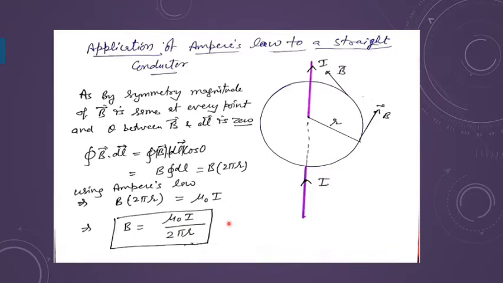The result comes out the same whether you get it by the Biot-Savart law or by using Ampere's law. Both ways the results are the same, but Ampere's law is easier to use. It is basically designed to find the magnetic field for the solenoid and for the toroid. And of course, we have verified it for the straight conductor. We are getting the same result as we were getting using the Biot-Savart law.